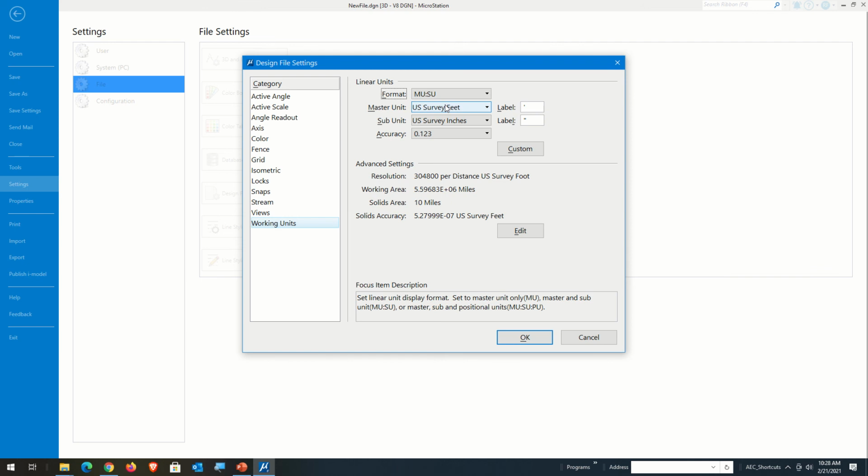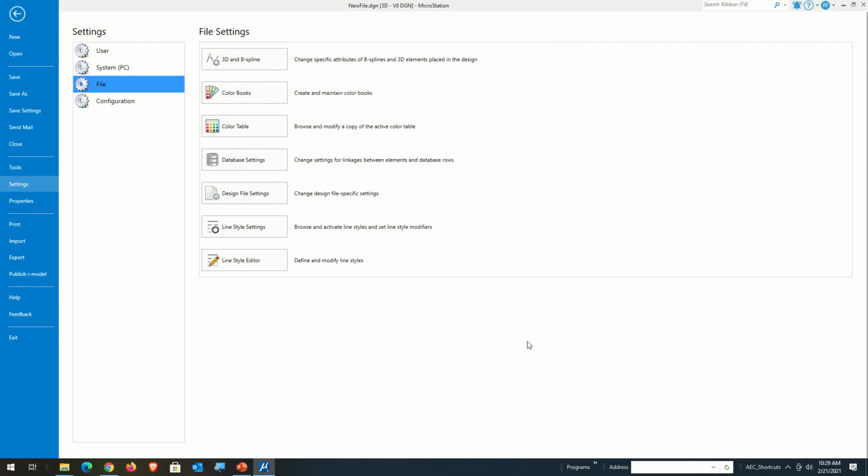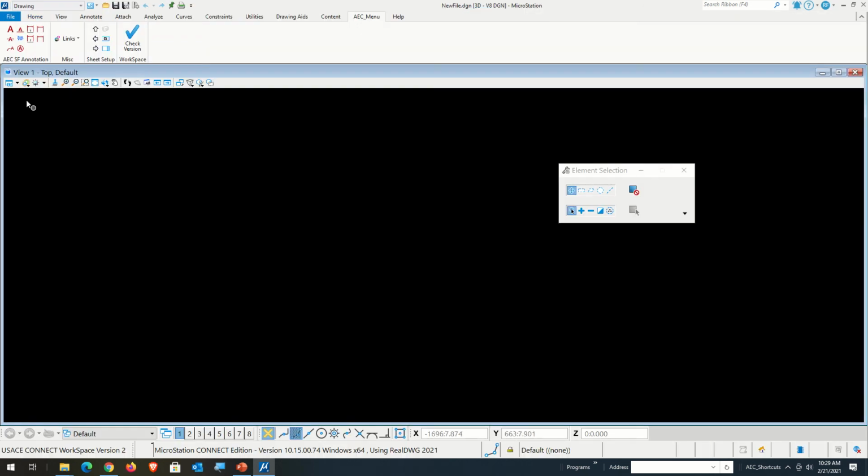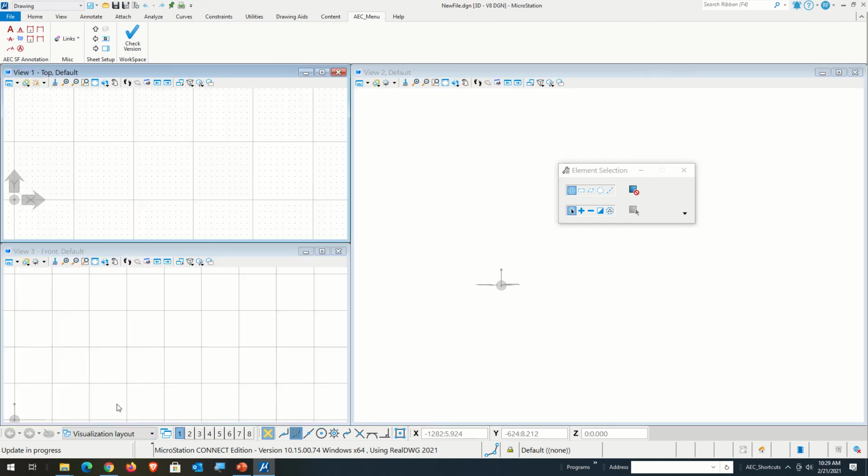You could set it to master units and subunits. Notice that this is also limiting the number of things to choose from. So you're either working in survey feet, international feet, or in meters. So fairly simple. You just pick your master units that you're working with, and if I hit feet here and hit OK, and then I come back to this drawing, notice this didn't change up here because that changes when you change models. So I'm going to go to the layout, and then I'm going to slide back,